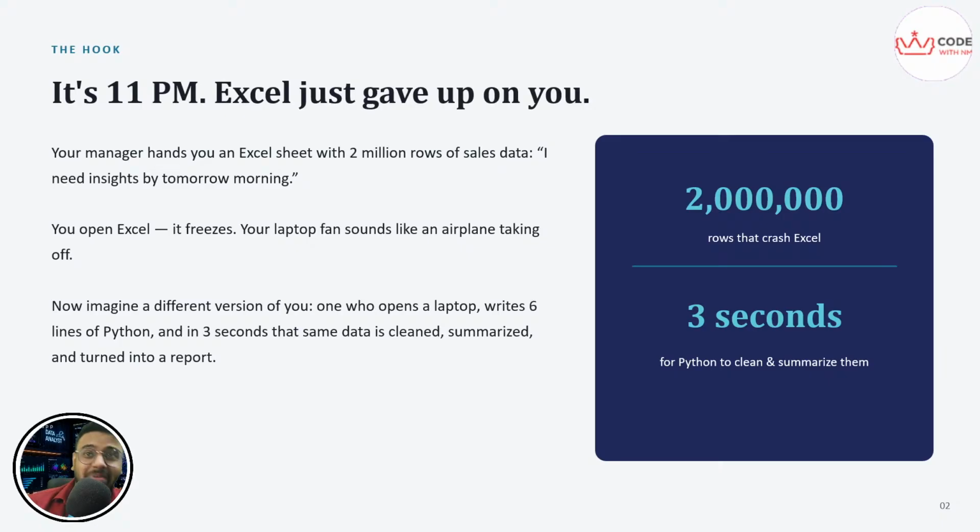Now, imagine a different version of you. A version who opens their laptop, writes a few lines of Python code, and within seconds, that same 2 million rows are cleaned, summarized, and turned into a report. That second version of you, that's who you are going to become starting from today.